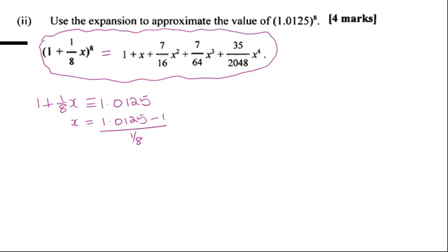When I do that, I get 1 over 10. Right, so the value of x is 1 over 10. If I plug 1 over 10 here for x, what I end up with in the bracket is 1.0125, right? That's what I want, being raised to the 8, which means I would plug in the same x on this side. So therefore,